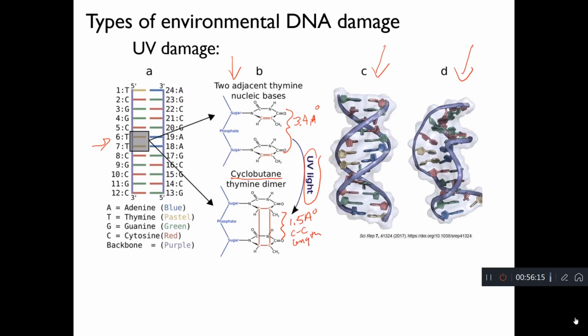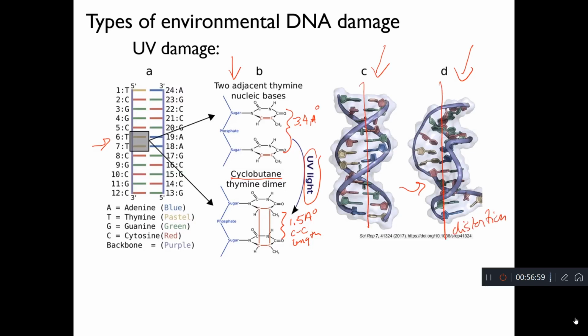So basically now what you've done is taken a molecule that's very comfortable structurally with the 3.4 angstrom spacing between adjacent bases, and you've constrained it to this new geometry where you only have 1.5 angstrom spacing between the two adjacent bases. And the result is this very dramatic kink in the structure, and we see it here. And of course, this makes quite a large disruption to the normal structure of the DNA helix. It also disrupts base pairing. You can see everything kind of looks a little weird down the axis. So if this is the normal one, this kind of looks very weird here. So there is this distortion